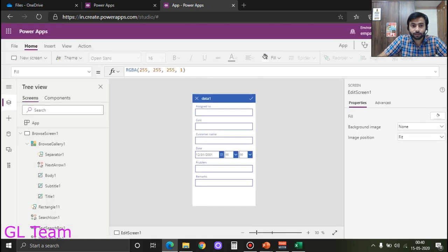On the left navigation menu you will see browse screen, detail screen, and edit screen. So you can edit your form, you can customize whatever you want in that app. This is the way you can create an app.